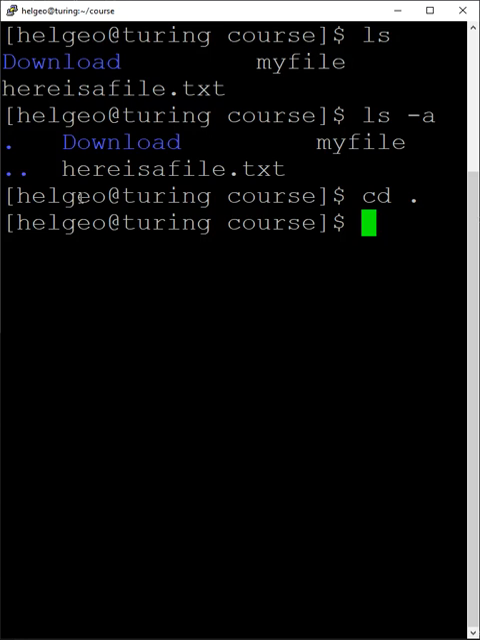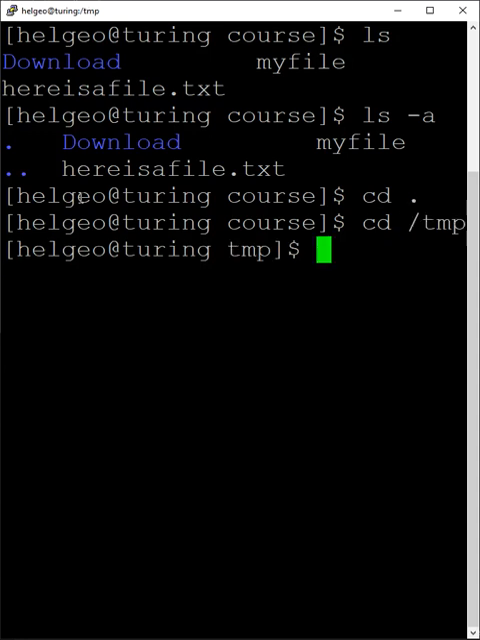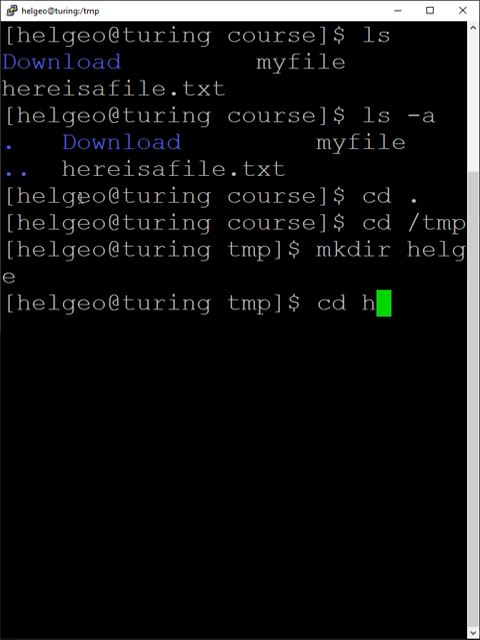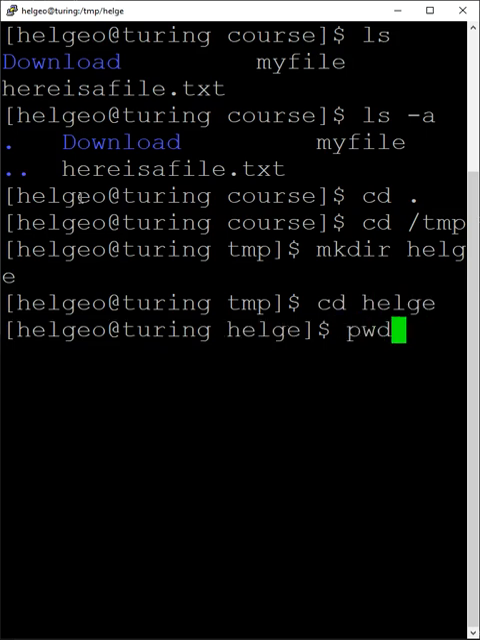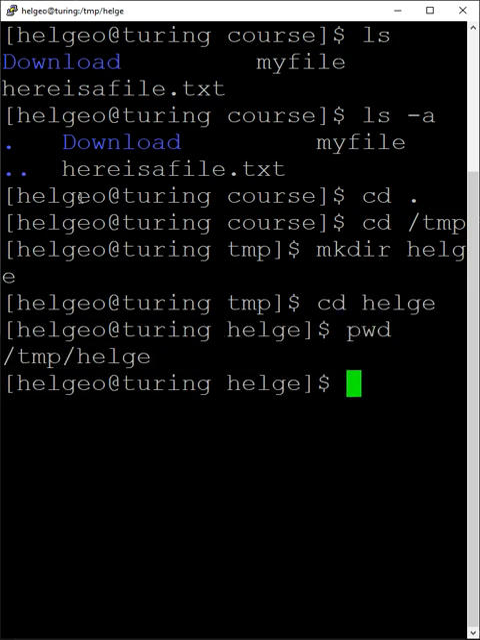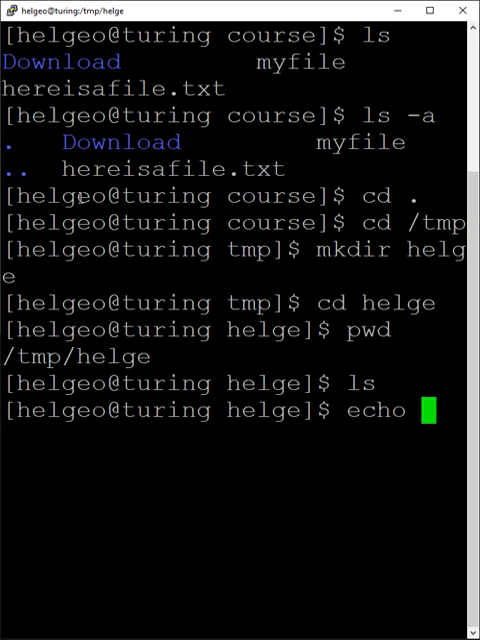and I can show how you can use the dot. So let's move to temp. I can make a folder here, mkdir. I just used my name, and I move into this folder. So now I am in temp Helge. I just made that folder Helge. I do an ls, it's empty. So let's do now echo test, and I redirect that one to